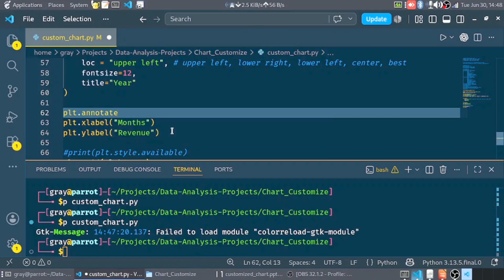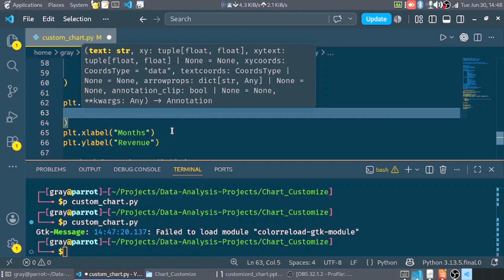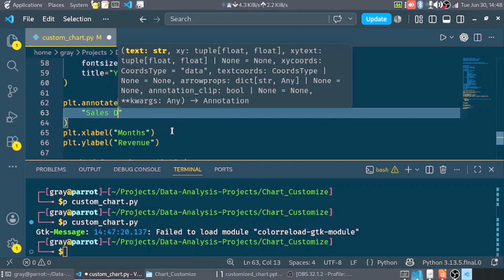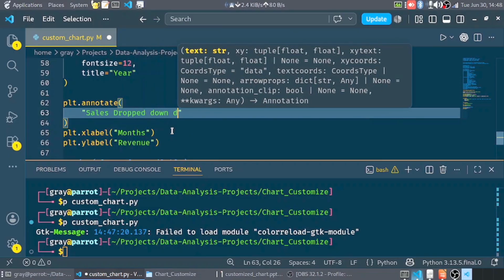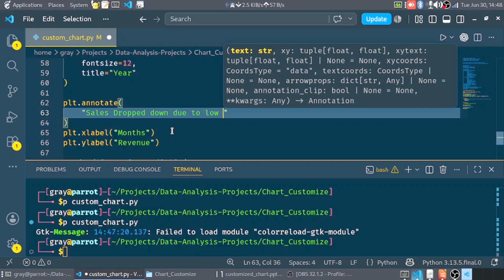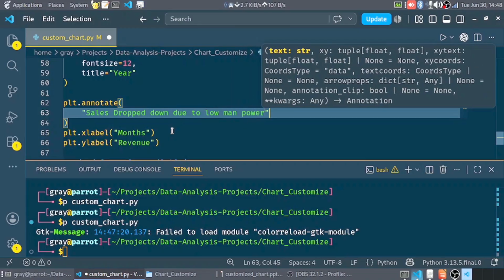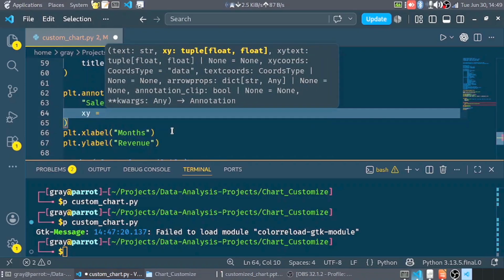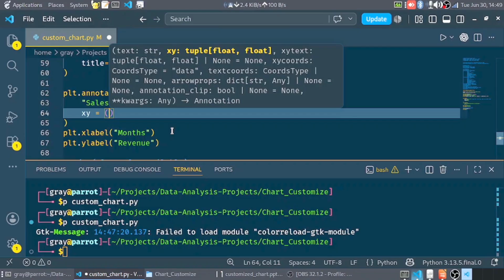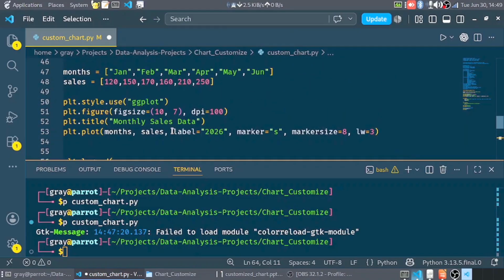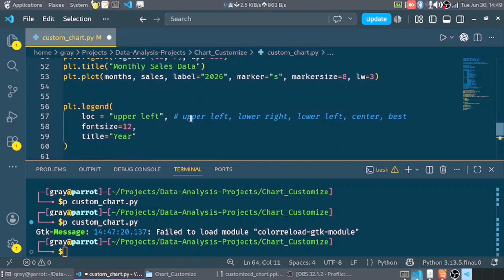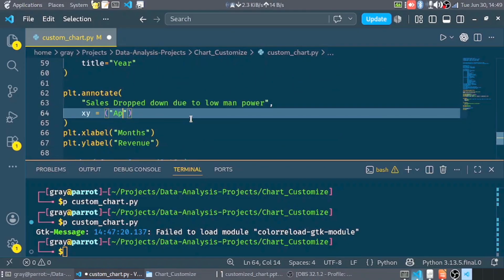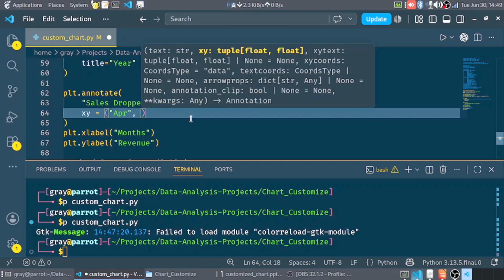plt.annotate, and then I say sales drop down due to low manpower. Okay, so this is quite a good message. And then I say xy equals, now this is exactly where I want to point. So my sales has dropped down on January, February, March, April 160. So I say April, 160,